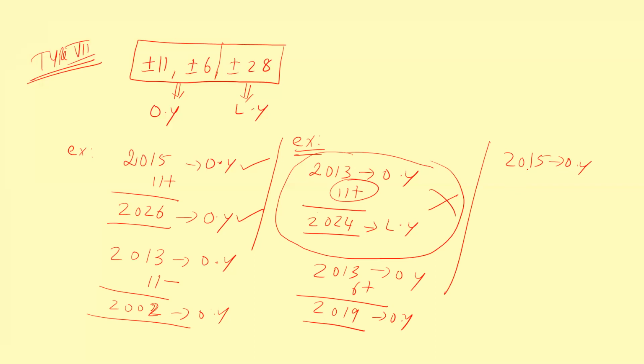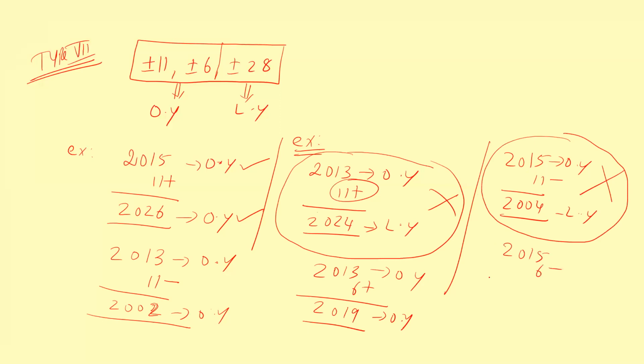The same way, 2015 calendar, it's an ordinary year. When it was used, if the question asked when it was used, it means minus 11, 2004. It's a leap year. So we can't use 2015 calendar in 2004 because this is a leap year and this is the ordinary year. Ordinary year plus or minus 11, if it gives leap year as the answer, then instead of subtracting 11, you must subtract what? 6. 2009. So ordinary year, ordinary year.